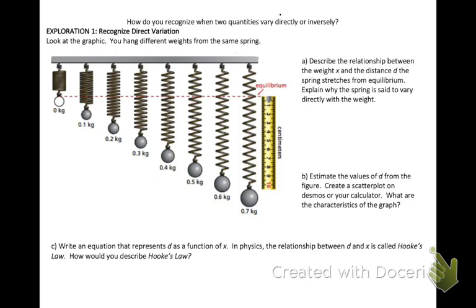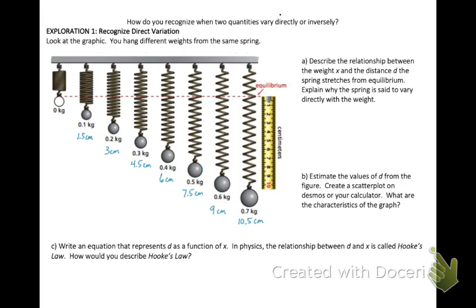in centimeters. So if you put a straight edge right across the bottom of the second spring, the bottom of the weight, you can see that that spring has stretched, measuring at the bottom of the weight 1.5 centimeters. And then the third spring, if you look across to the ruler or put a straight edge across, 3 centimeters. The fourth one, 4.5 centimeters. The fifth one, 6 centimeters. So you should notice that in each increase in weight, so 1/10 of a kilogram, the stretch of the spring